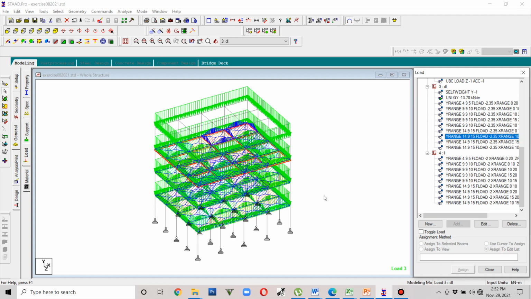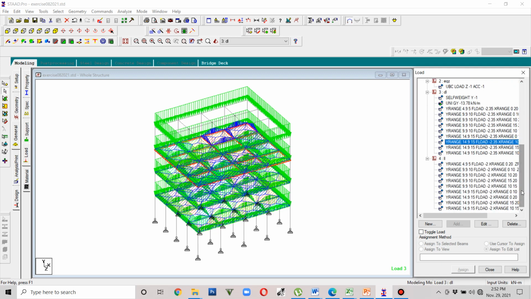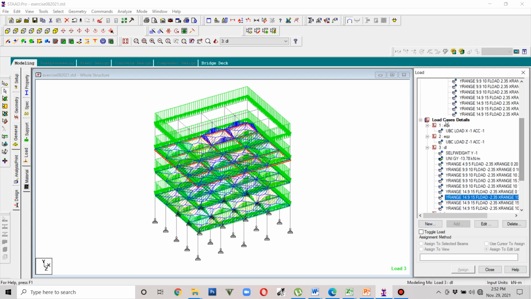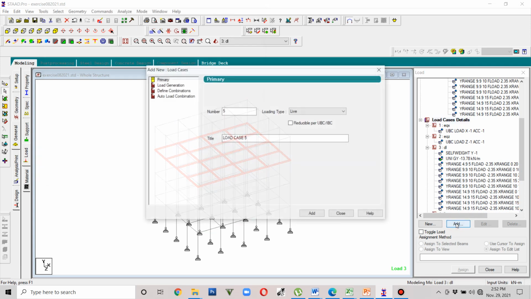Okay, so we have those loadings. So that's it for session. And I think the next step here is the load cases details. So let us have the load cases details. So we add here a load case,